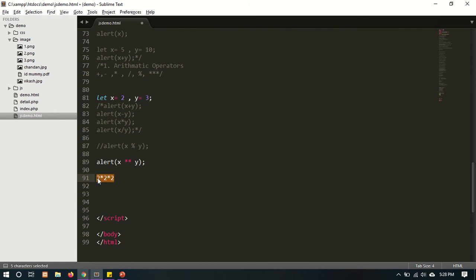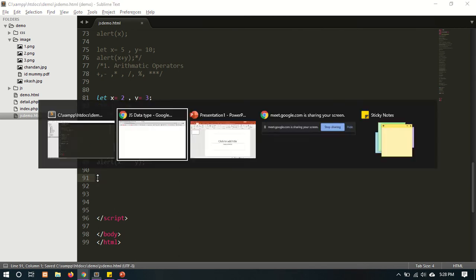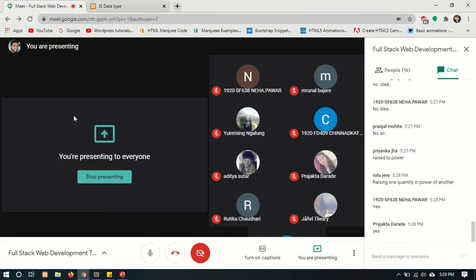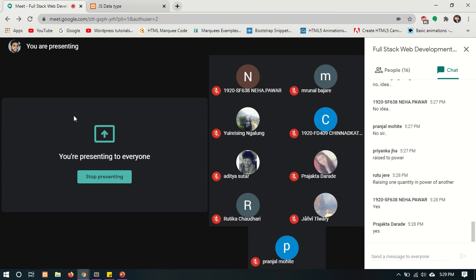Just see the result what it will return. 2 के पावर 3 मीन्स 8, it will return 8. It will return 8, means exponential means the power. Whatever we are passing, और जो भी हम लोग फर्स्ट वैल्यू जो भी दिया हमने एक्स, अगर हमने वाई को पहले रखा एक्स को बाद रखा, तो वाई के वैल्यू को एक्स टाइम्स उसको मल्टीप्लाई करेगा.